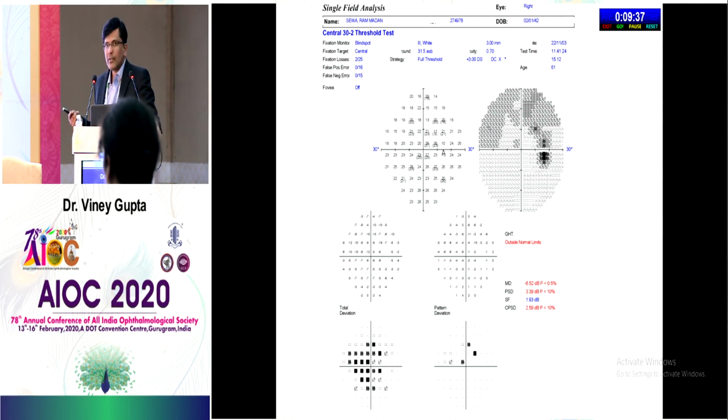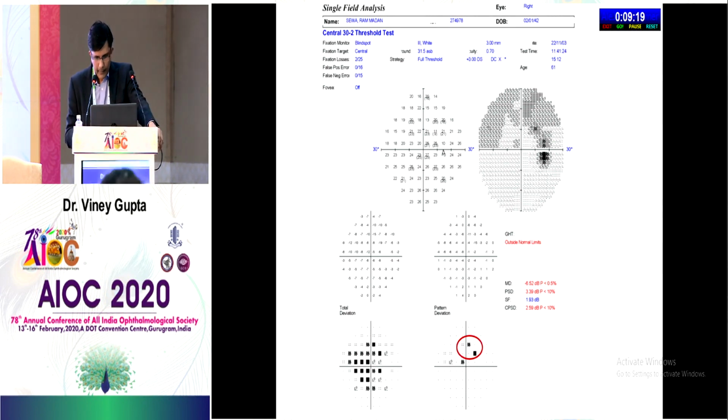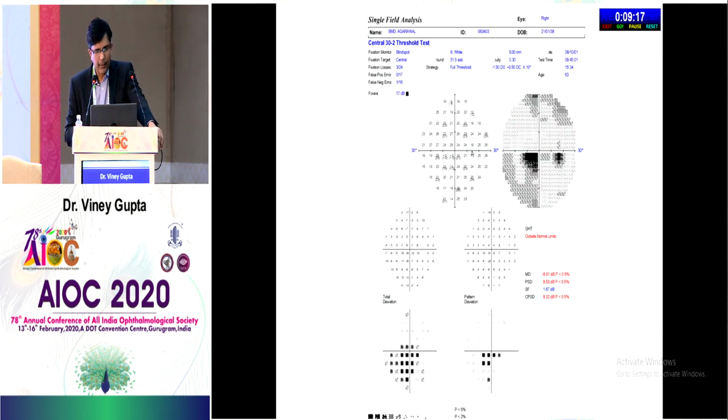So the probability of this could be glaucomatous, but again we need to repeat the visual field examination and see the patient clinically. Okay, if the patient has a superior notch, an inferior notch on the optic disc, then the probability of this being glaucomatous is high, right? Okay. So this is the 3 points that we're talking about. What about this, the girl next to you? Can you talk about this visual field?